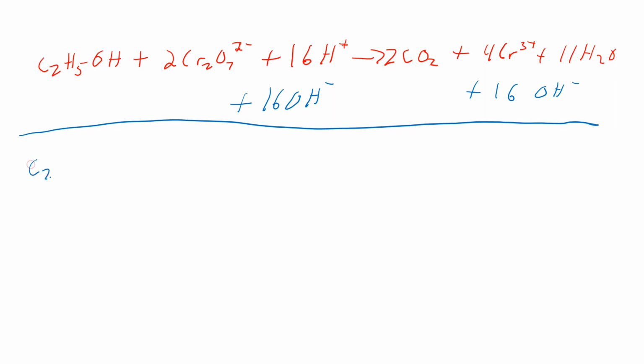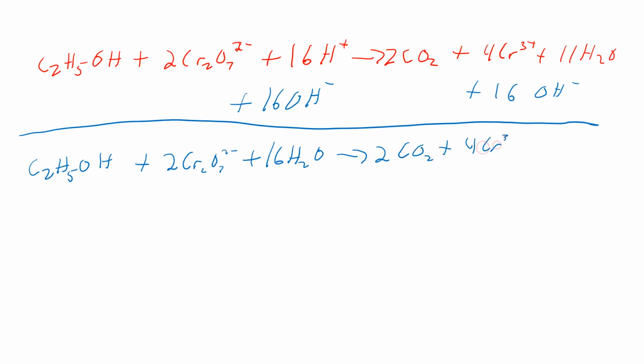So that gives us C2H5OH plus 2 Cr2O7 2 negative plus 16 waters, because we have 16 H pluses and 16 OH negatives, that gives us 2 CO2 plus 4 Cr3 positive plus 11 water plus 16 OH negative. And then the last thing that we need to do is we need to cancel out